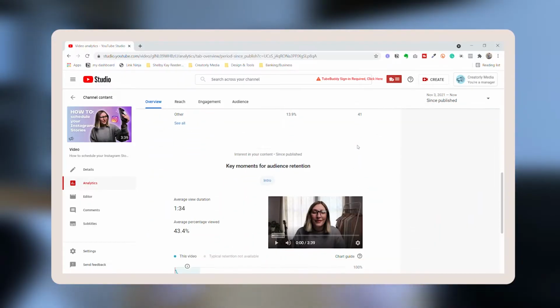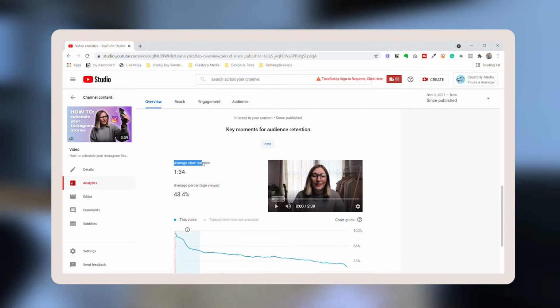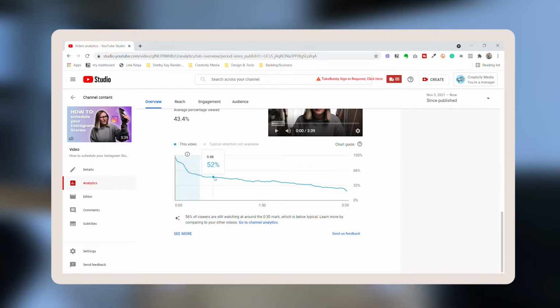So basically the average view duration, they give you both a timestamp and a percentage, which I love, the percentage. And they basically tell you with the average view duration how much of a percentage of a video people have watched through. So are they watching only the first 10% of the video and sort of clicking away after the introduction? Are they watching through 30%? Are they watching through 50%? Are they watching through 80%, which by the way would be a really good average view duration,